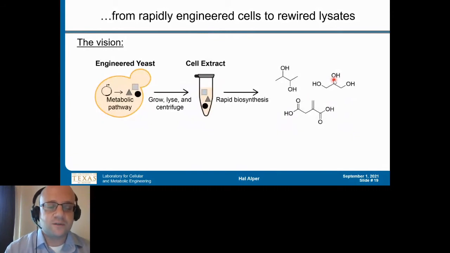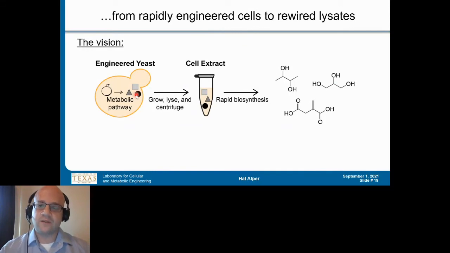So really our vision for that is to create a series of different types of strains. I'm going to showcase exclusively today engineered yeast, but we are doing this as well for bacterial systems. Engineer these yeasts, grow these up, lyse them, and take the cell extract, and be able to enable rapid biosynthesis of molecules. And I have 3 case studies, some of which you should already recognize here in terms of the BDO and glycerol. I'll also talk a little bit about itaconic acid as well. But this is the first generation aspect.